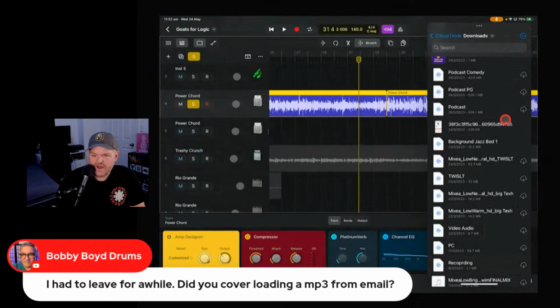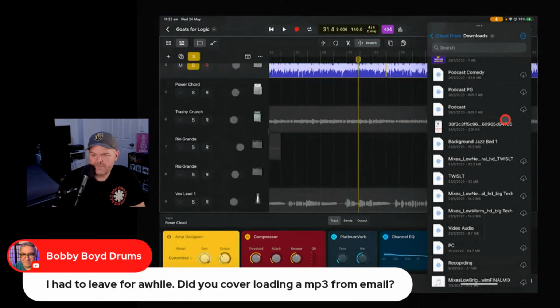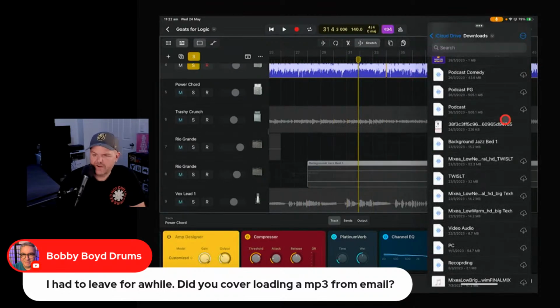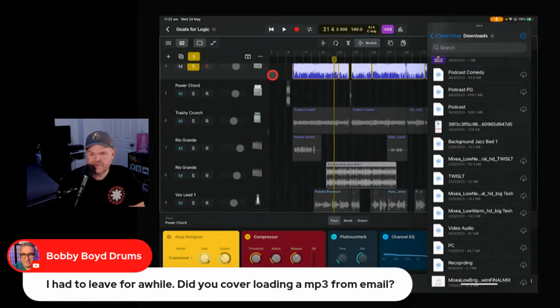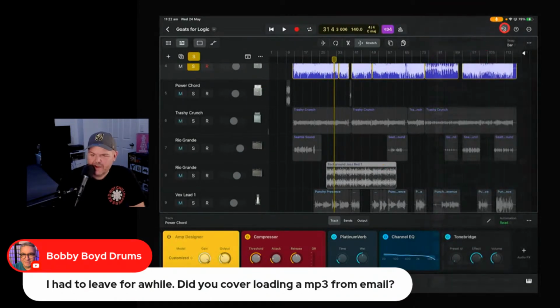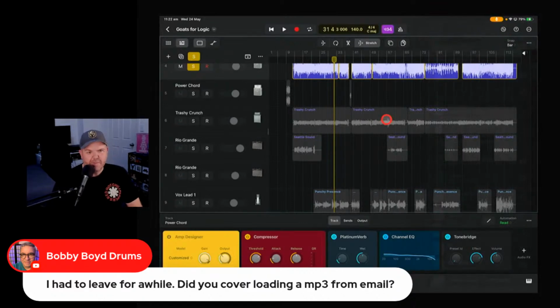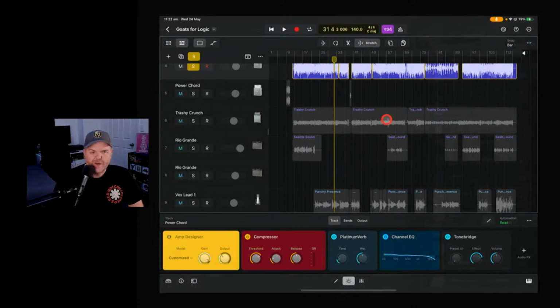Just slide this one over from here and drag it in and throw it on my track. And there you go. It's going to bring in that background jazz bed onto my guitar, which I probably don't want. So we're going to undo that. Just get rid of that and undo. So that's to import things. You should be able to do that easily without a problem.